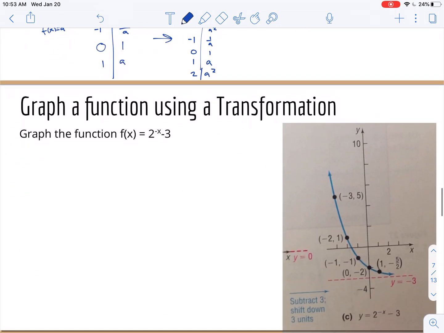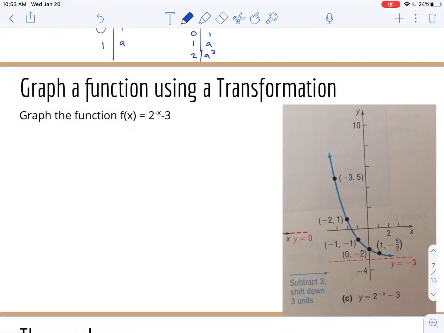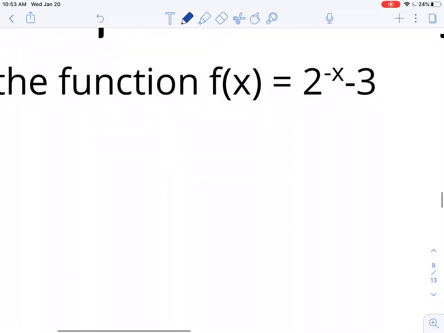So I've got a transformation graphed here. This is from the book, so we already have the end result. Let's see if we can make it match the end result. So I've got graphed the function f of x is equal to 2 to the negative x minus 3. So here my parent function,